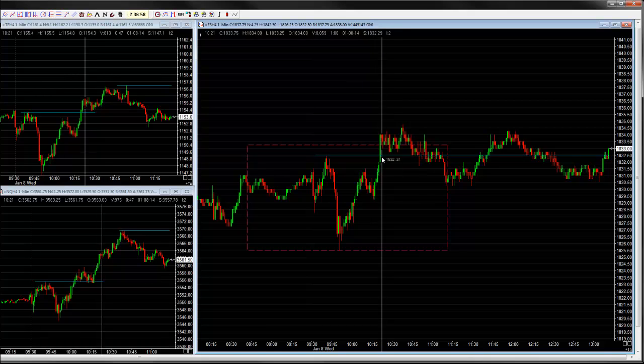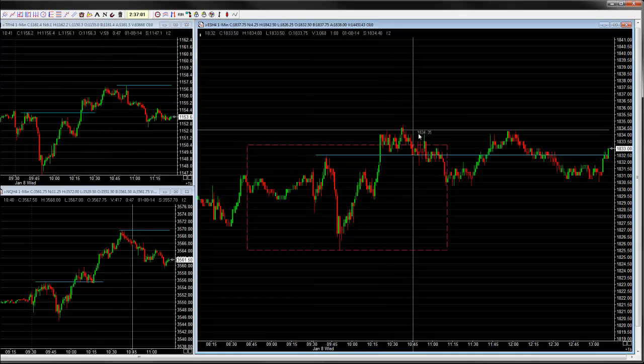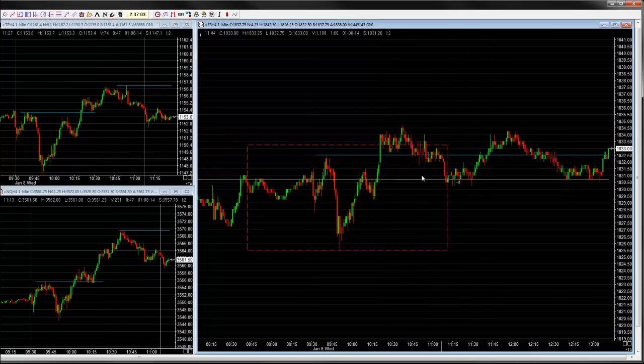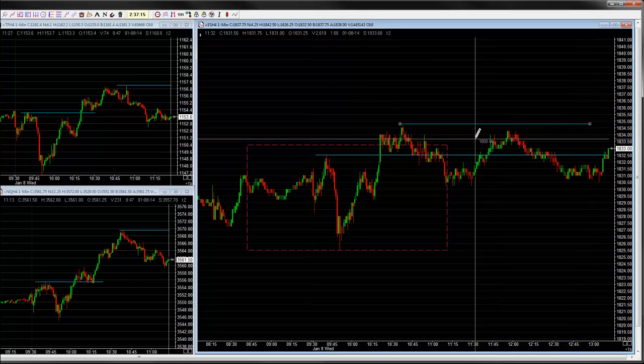That was the biggest thing to say, okay, this might not have the potential to push through, and it didn't. It swung back around and came back to the downside. Classic example then of reversion, which we looked at later on, is this high point here. You imagine that as a bit of a temporary ceiling or resistance level